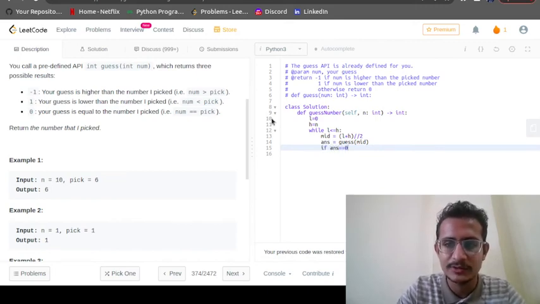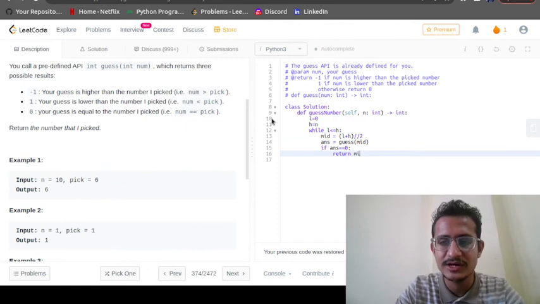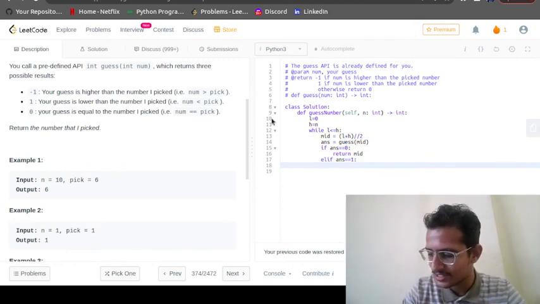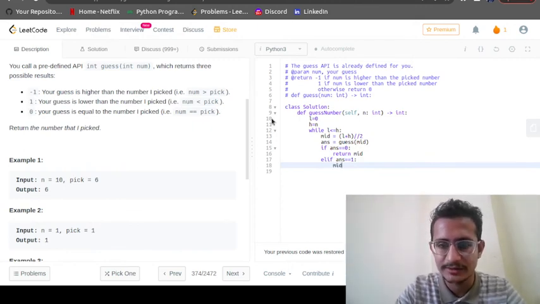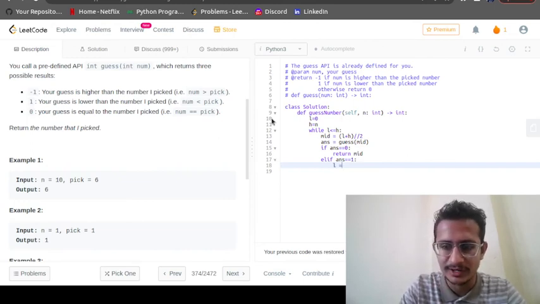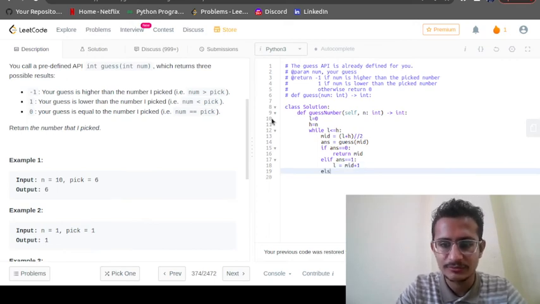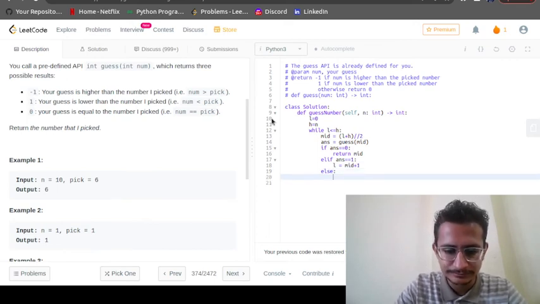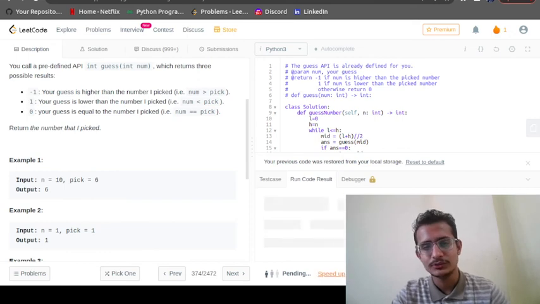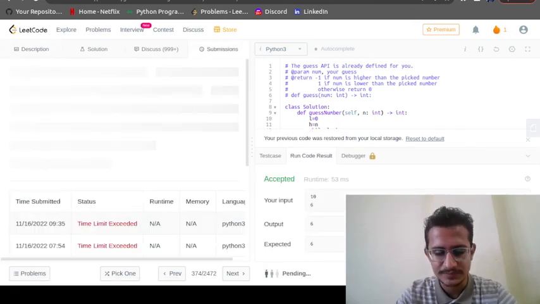If answer equals 0, we have reached our solution, so we return mid. If answer equals 1, we need to shift the lower term, so it will be mid plus 1. Else we shift the higher term, that is mid minus 1. Let us try to run this code. Yes, it is working absolutely fine.